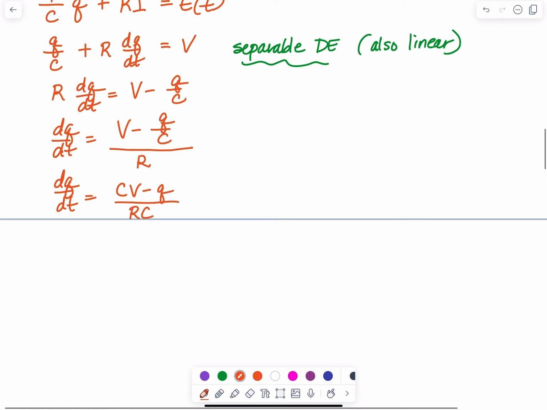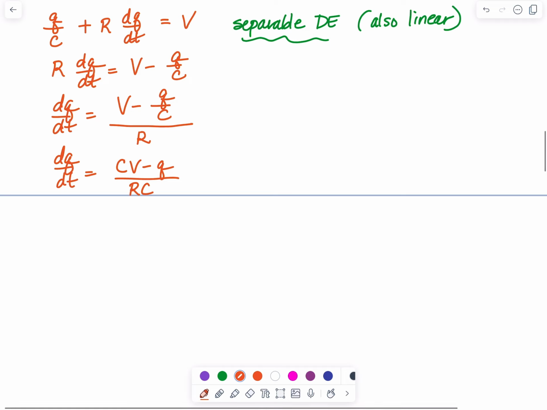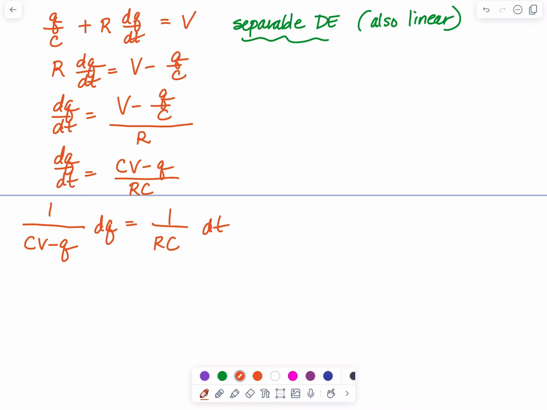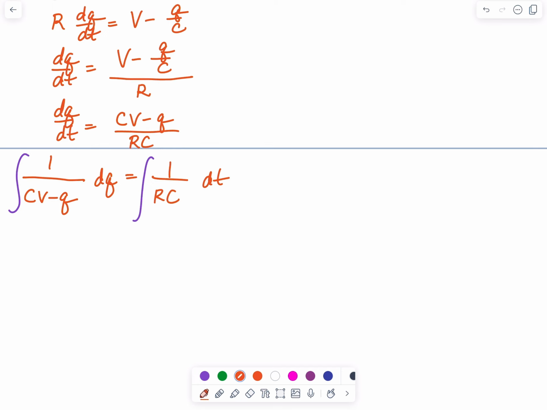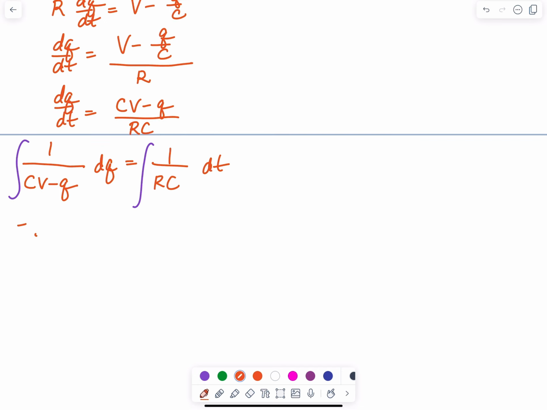Okay, so now we'll begin to separate our variables so that we can integrate. So now we have 1 divided by CV minus Q, and we'll keep the dq over there. And then we have 1 over RC dt. So we separate, and now we will integrate. And now we have the opposite of the natural log of CV minus Q is equal to t over RC